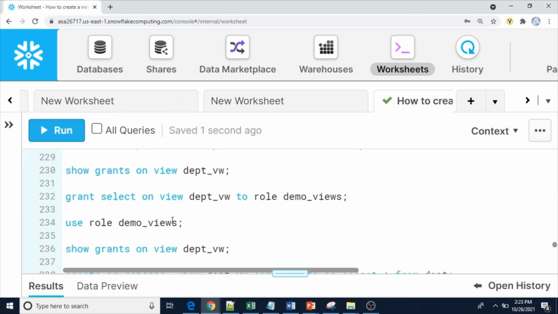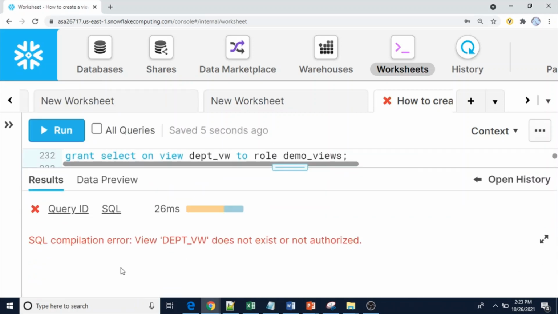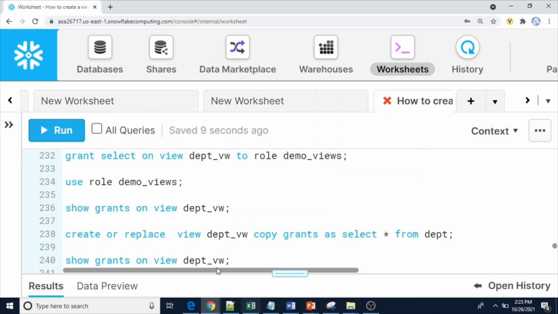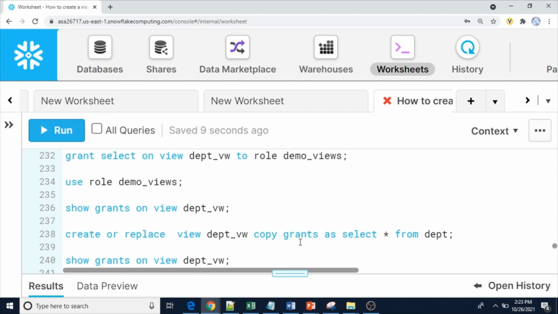So let me see show grants on dbt view. This time, view dbt_vw does not exist or not authorized, because when you recreate the view without specifying the copy grants, whatever privileges had been given to that role, those have been revoked. Not retained. So to retain that one, you have to use copy grants.